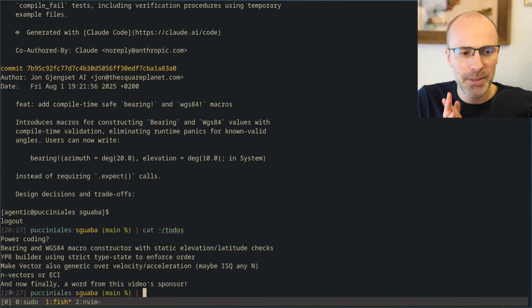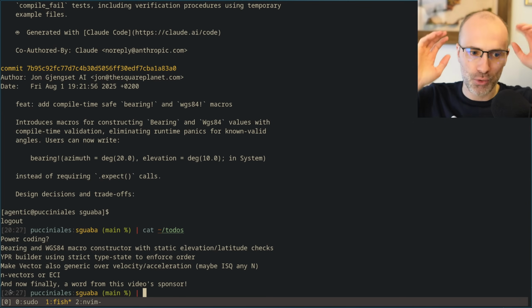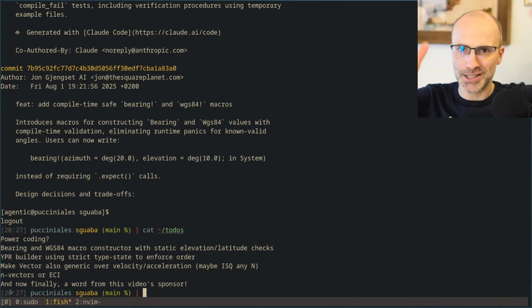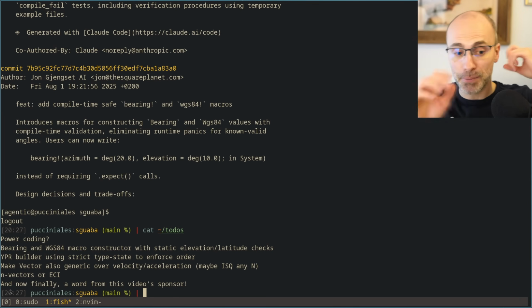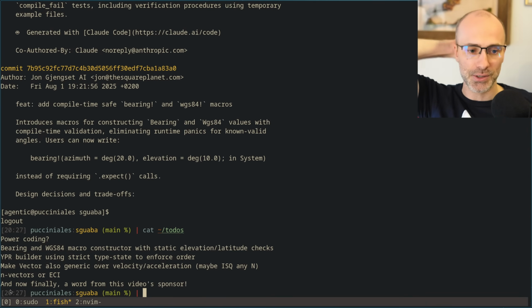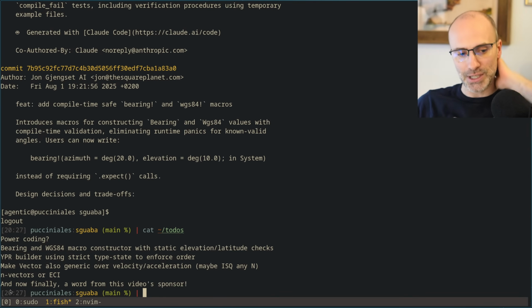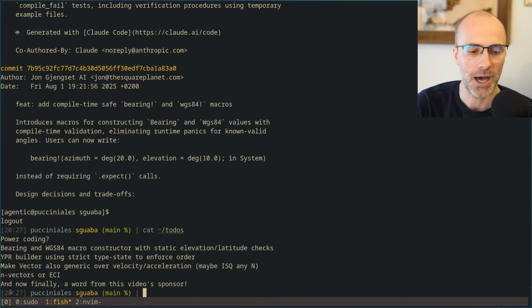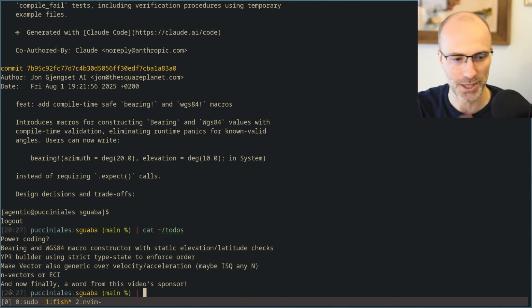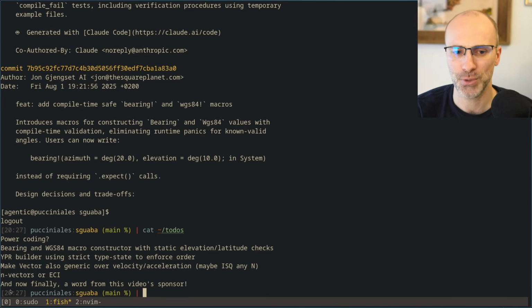Maybe before we end here, questions about how we got here, the experience we had so far. My plan is to actually push these as PRs to sguaba, so you can look at the changes in more detail there. I'll push them as two separate MRs because there's no reason for them to be the same, so that people can look at them. If you're looking at the recording of this, of course, the PRs will already be up if you go to the sguaba repository, and hopefully they'll be merged unless people have lots of thoughts about them. But questions about this whole process or questions you would like me to answer about my experience with it, fire away.